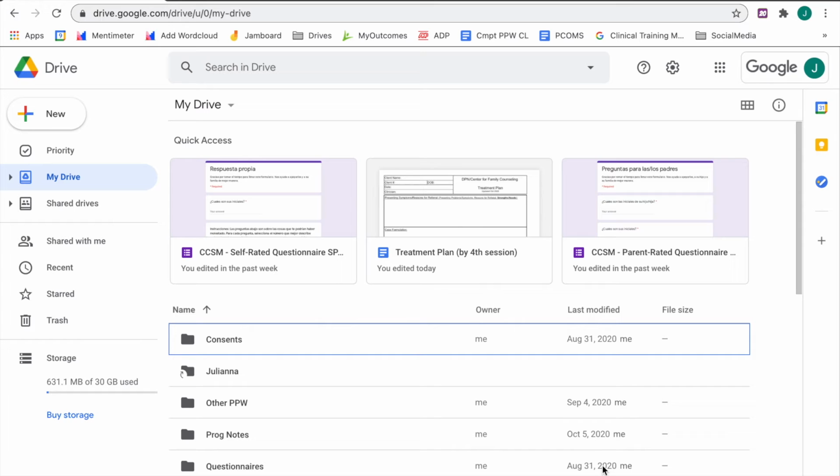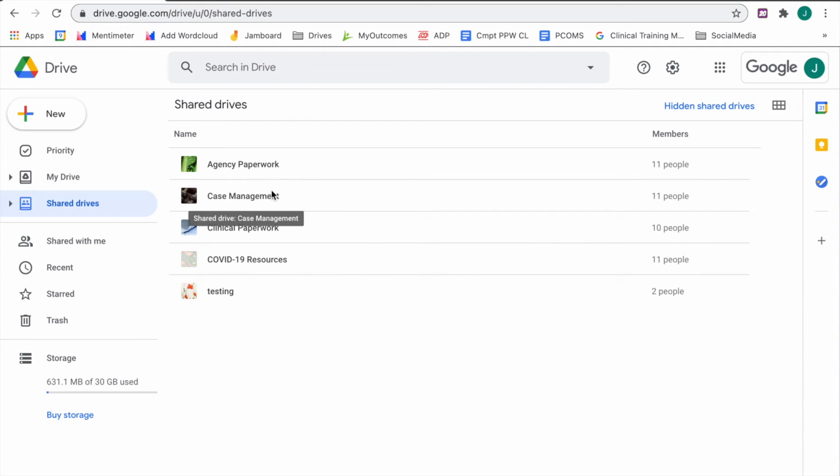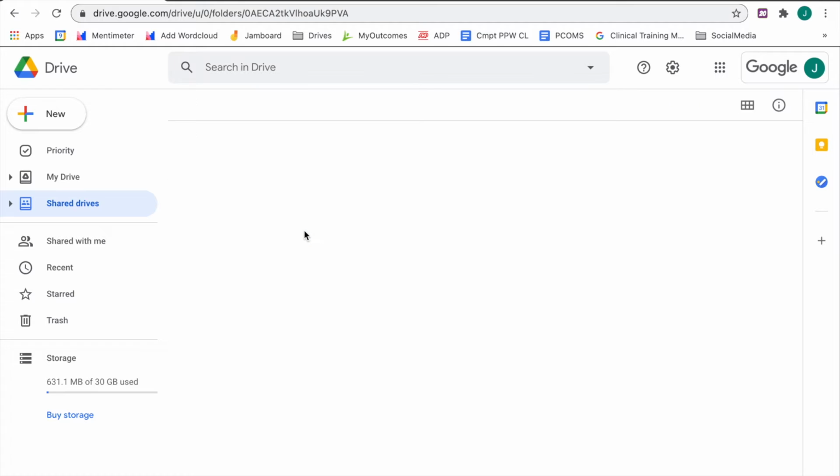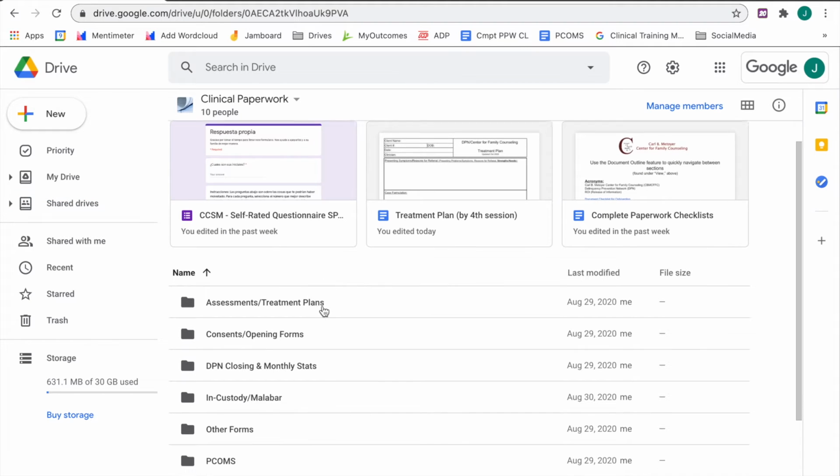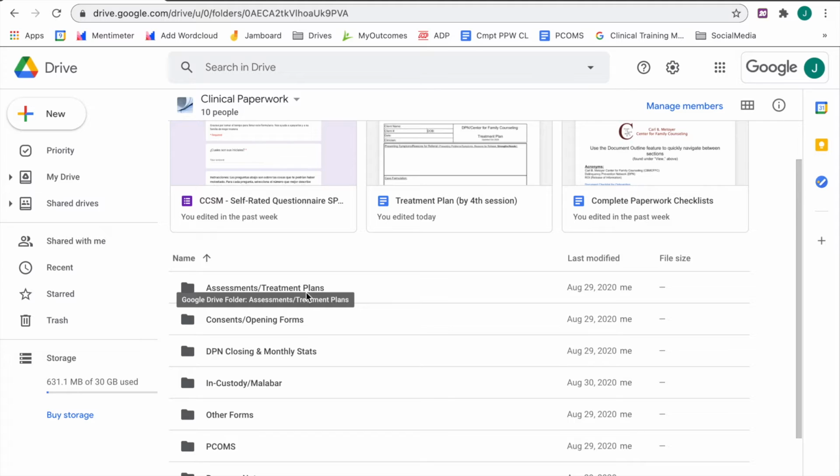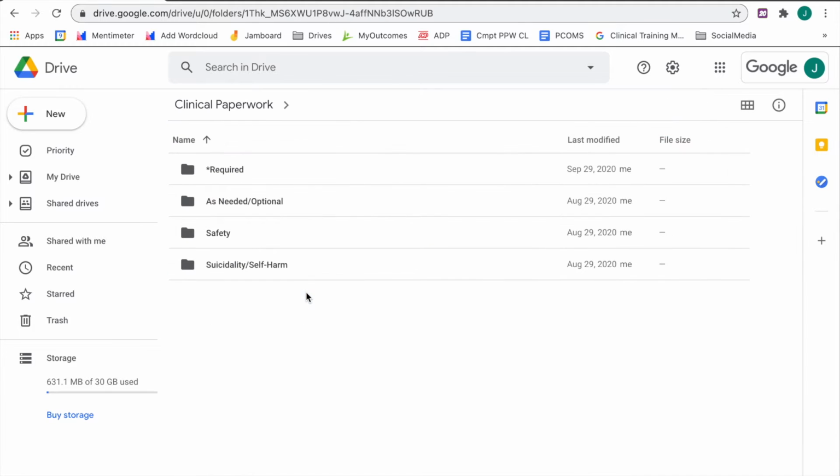This is how to make copies of the various Google Forms for your own drive. You come to Google Drive and go to Shared Drives. We're looking at clinical paperwork and assessment treatment plans. And then